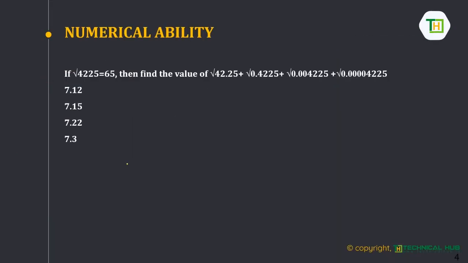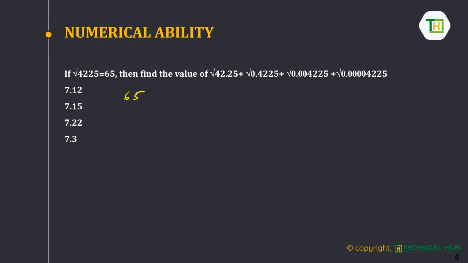Next question. See here, if square root of 4225 is equal to 65, then find the value of the given expression. Here, without any decimal points, square root of 4225 is nothing but 65, right? But here he is saying that square root of